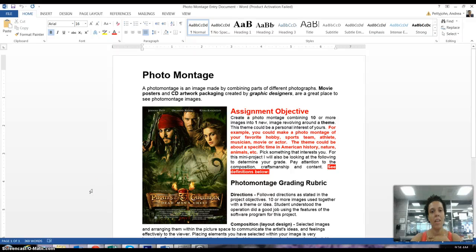Okay, so today you're going to be working on what's called a photo montage. This is something that you'll be designing in Photoshop, and you're going to have a little bit of creative control over what your overall project or your end product looks like. You can make a movie poster like seen here in the example,